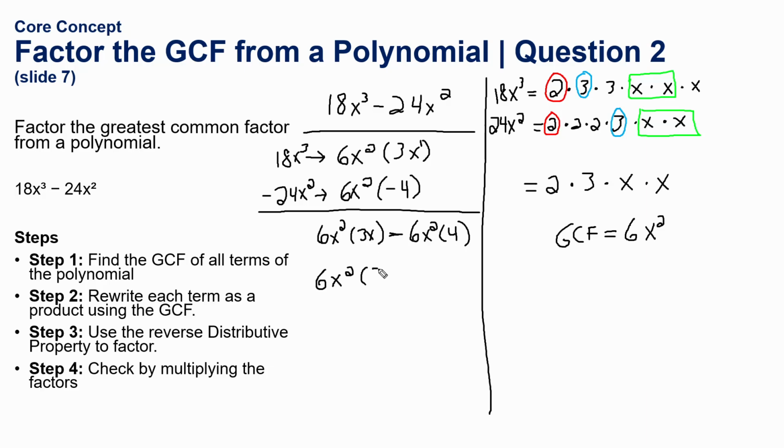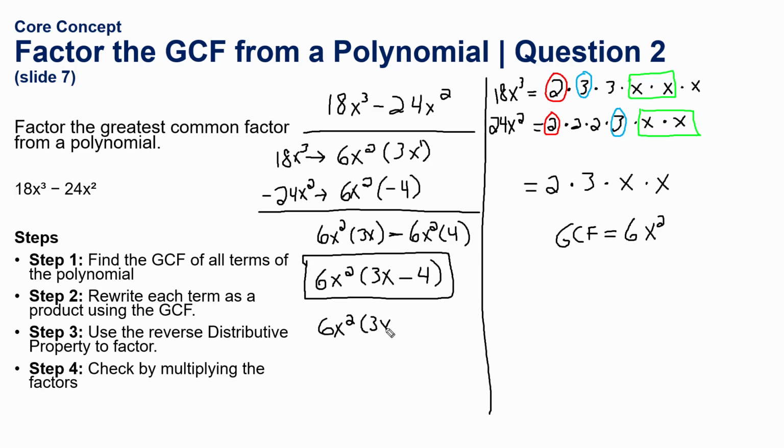So 3x minus, that's the core difference. We have a minus symbol. And then the 4 here. So our answer for this, step 3, use the reverse distributive property to factor. We would get 6x squared, parentheses 3x minus 4. Now, if I check my work by multiplying the factors, we can do that by